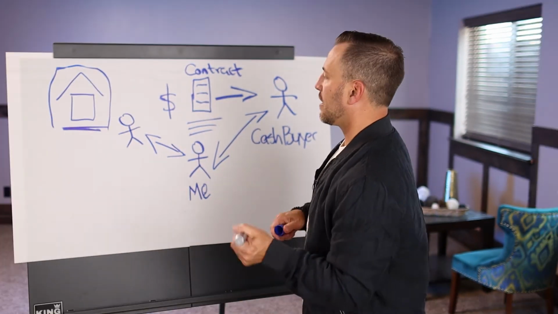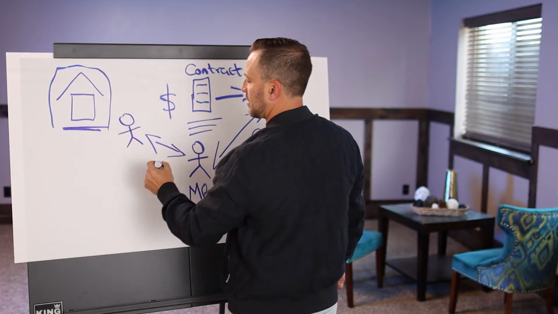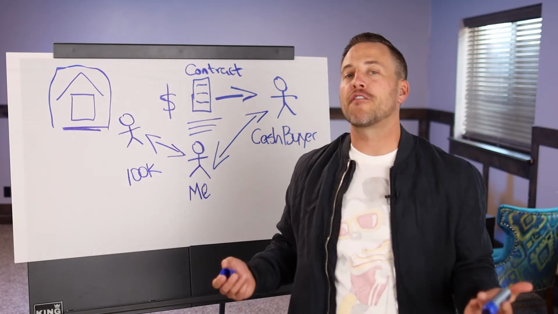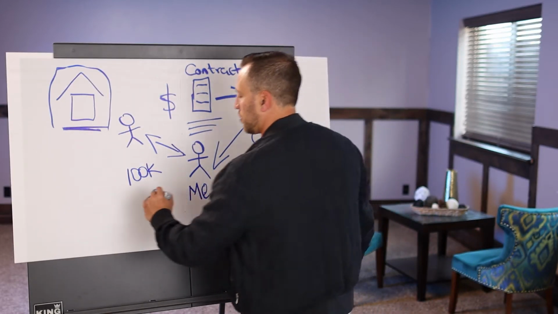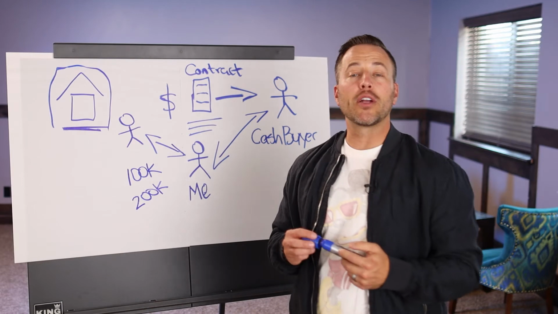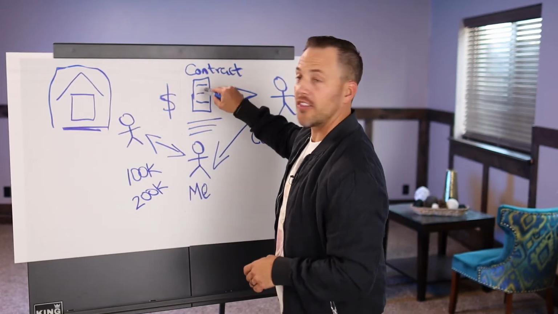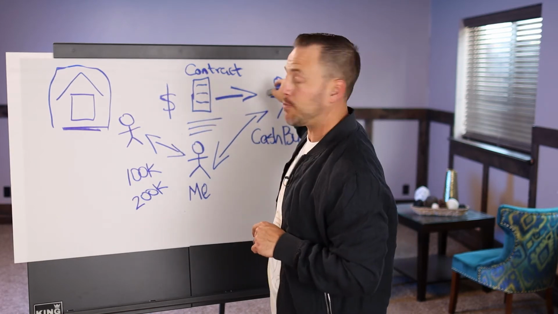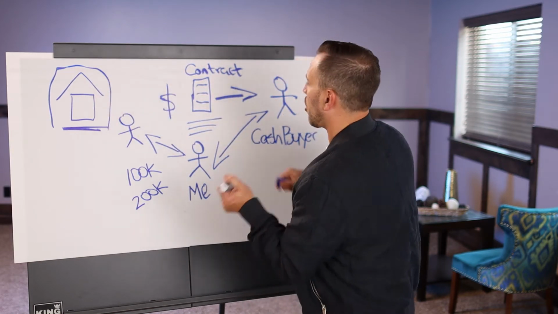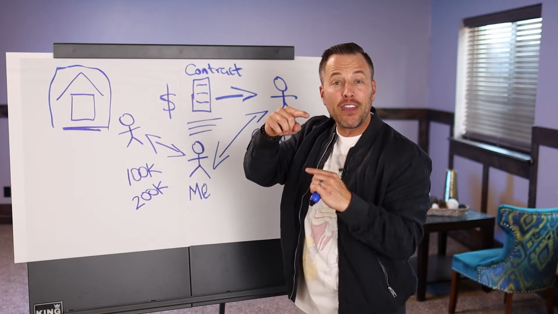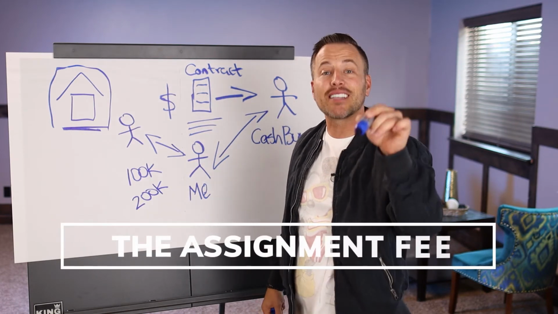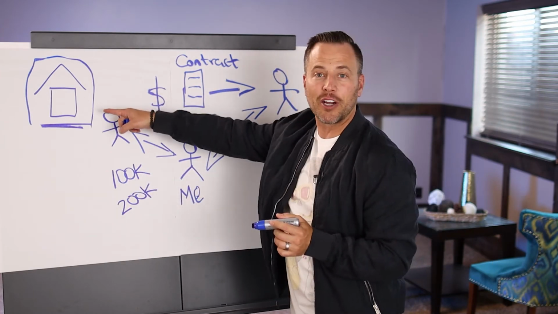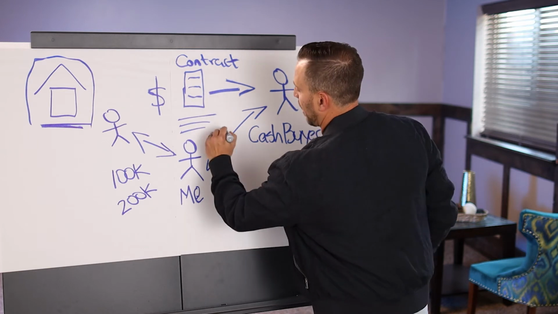And ultimately, let's say I put this home under contract with the seller at $100,000. But let's say when the home is all fixed up, it's worth right around $200,000. So what I'm going to do is market the contract, again, not the home, but the contract that allows this cash buyer to close on this home. And I market the contract and I throw in a fee. That is what is called the assignment fee. So maybe I take this contract that allows you to purchase this home at $100,000 and I market it to my cash buyer at